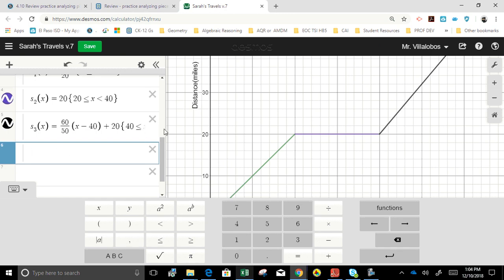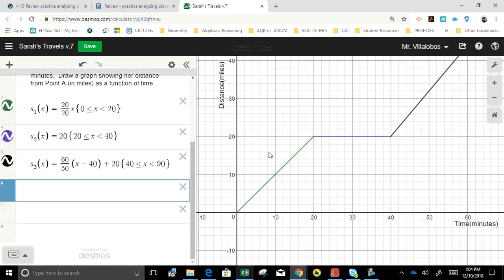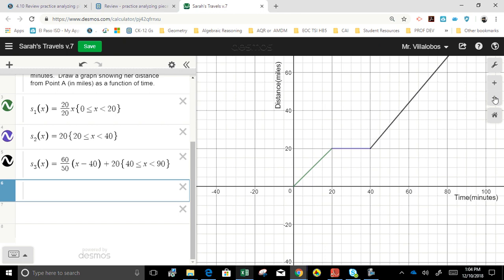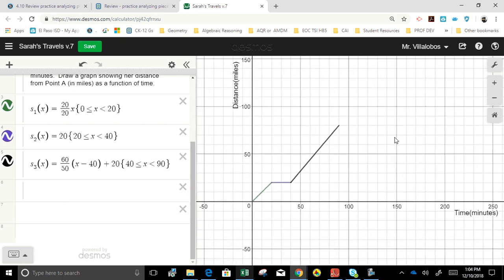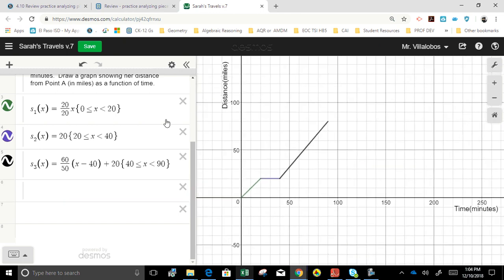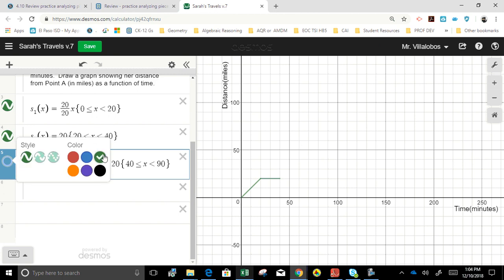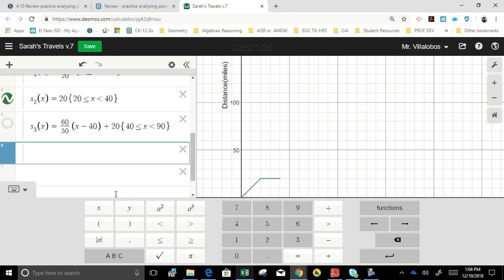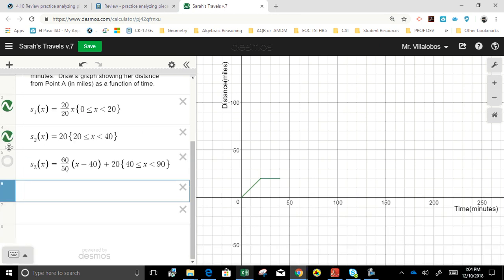So this is what I have so far. And I'm going to zoom out so I can see what I have so far. Now, I'm going to change this all to green so that the pieces look the same, because green was my first color. Okay. Now, at this point, what happened? No, I turned it off. Okay. At this point,